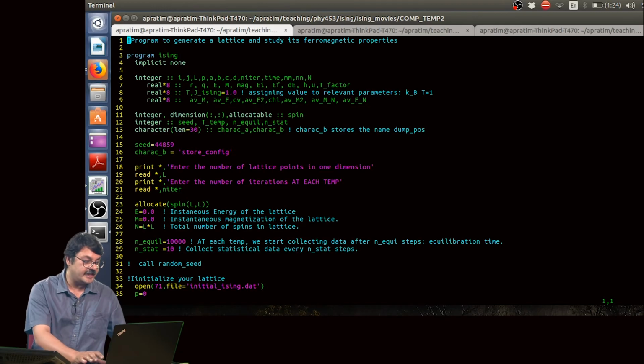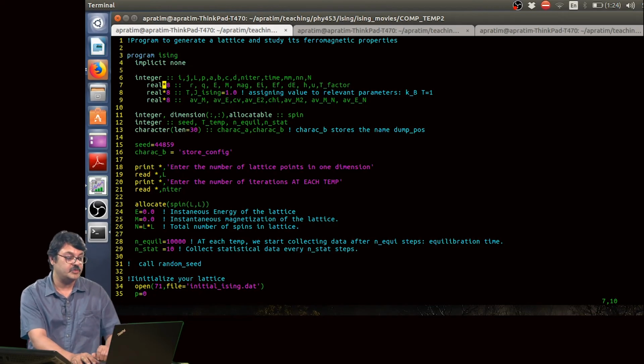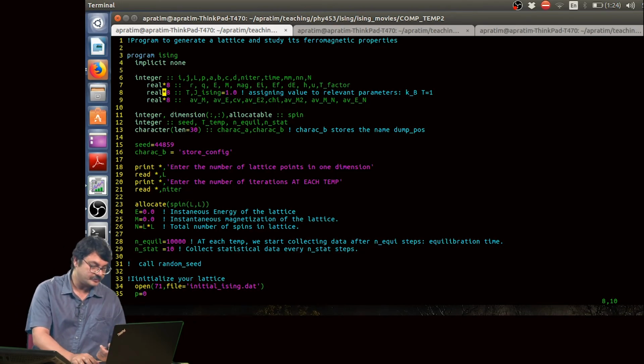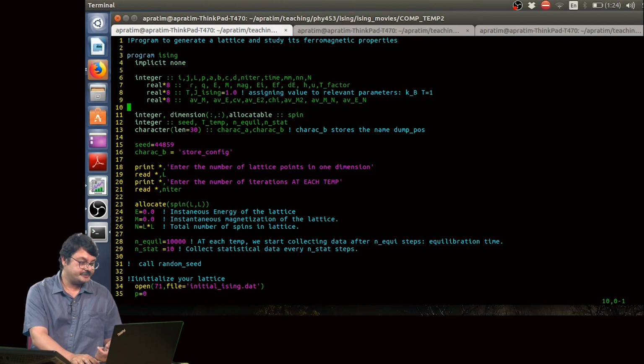The other change that I have made is that I have made all these real quantities, which were real when I was introducing you to the code, into real star 8. Real star 8 means that these variables are accurate up to 16 places of decimal, so the number of significant digits has increased.